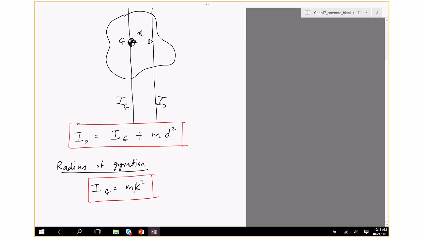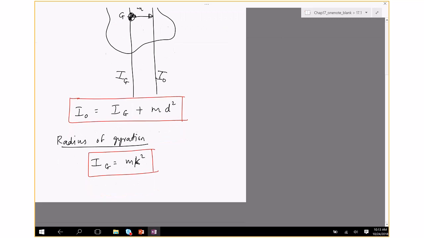Okay? K is the radius of gyration. So what it really means is, assume we have a geometry like so, you try to approximate this as a thin ring. Okay, you find an equivalent K so that the inertia about